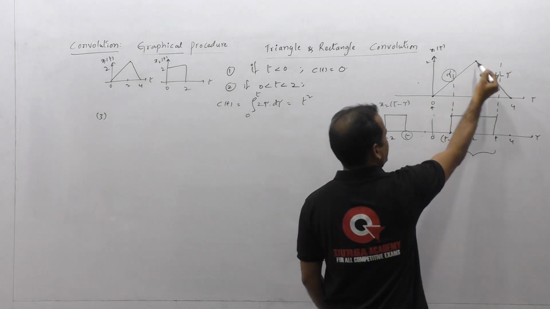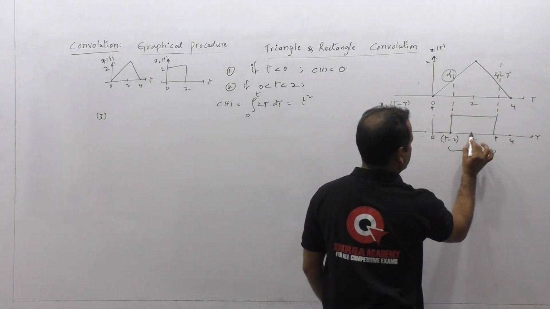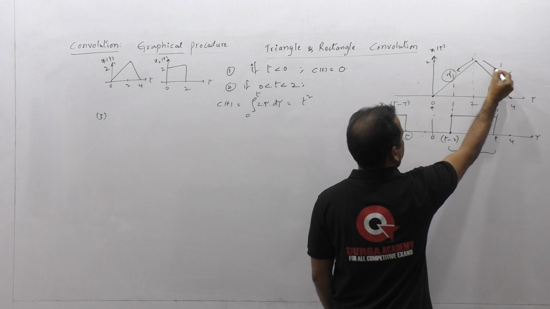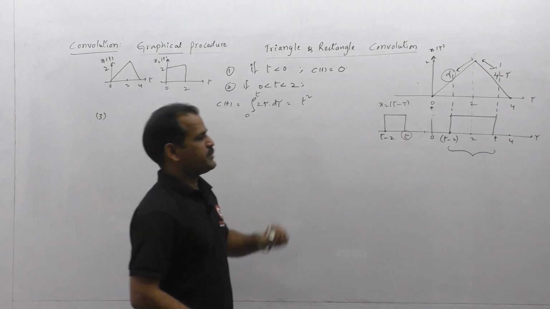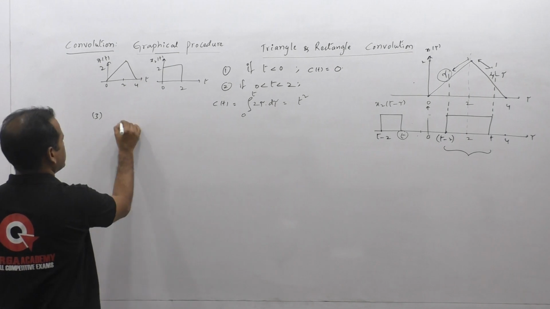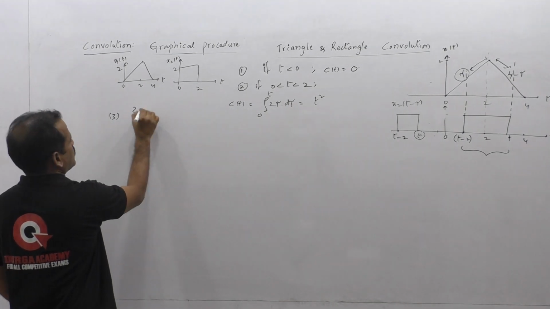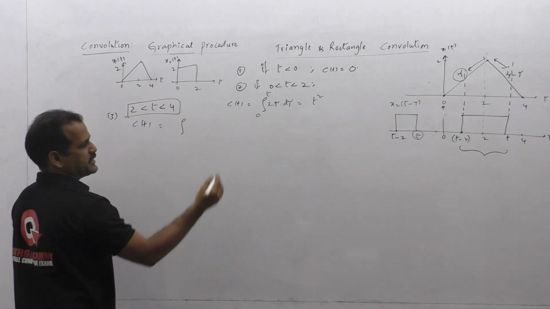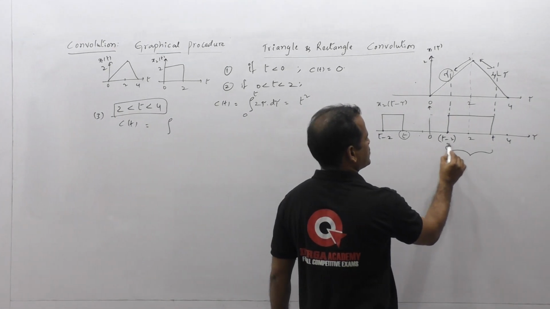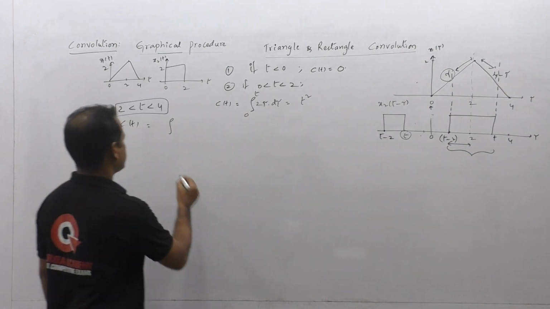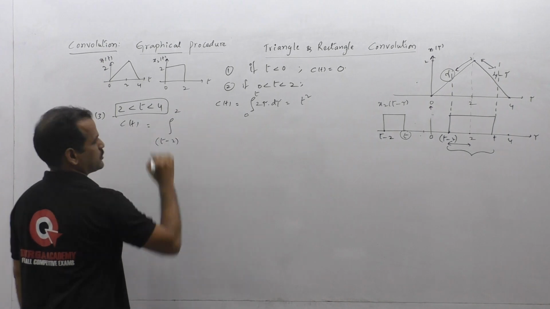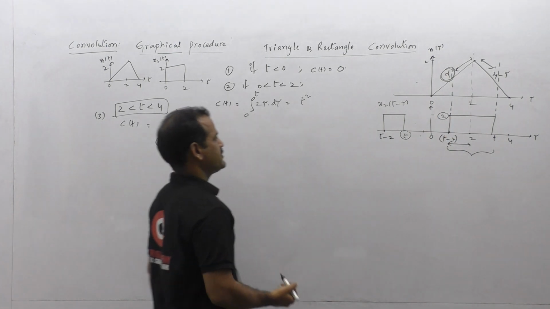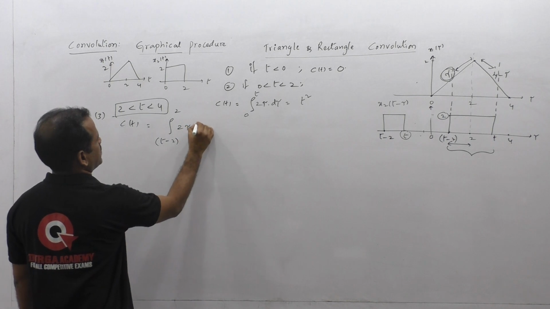But here the signal has a transition, a change in the equation. So over that, let us consider the integral over two limits, up to this first limit and up to this second limit. Let us perform the convolution integral as per the limits. The c of t when 2 less than t less than 4: in this limit, we take the first limit from t minus 2 to 2. Over this, the first signal has the tau equation, the second signal amplitude 2. That means the integral of 2 tau d tau.